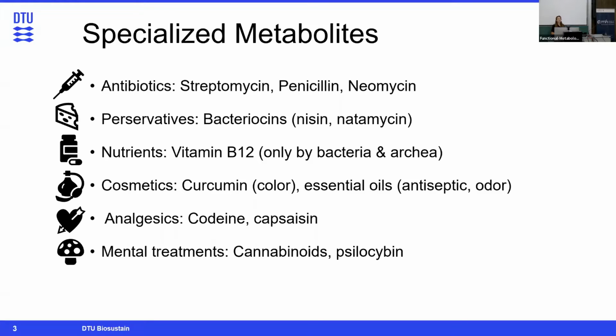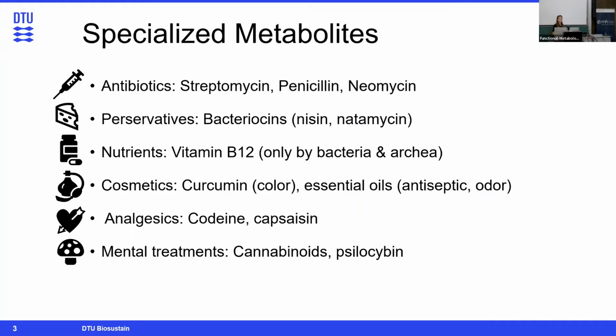Then there are bacteriocins that are also used as preservatives in food, and Germany is really crazy about cheese, like raclette cheese, I think. In the wax of this cheese, there's this compound called natamycin, so it preserves the cheese. Just don't eat it if you can avoid it, because it's antimicrobial. Then nutrients, actually vitamin B12, that's only produced by bacteria and archaea. Very, very important for our DNA synthesis.